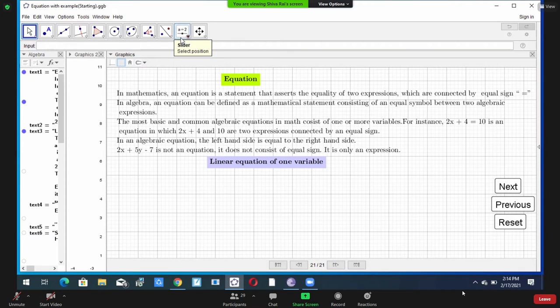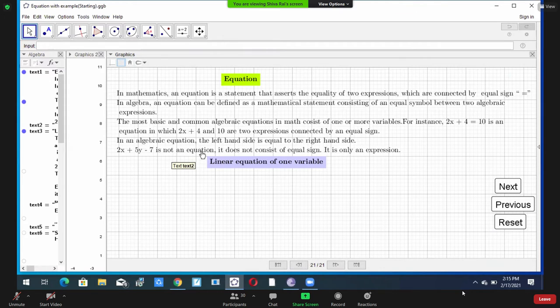Okay. Doesn't have equal sign. So many students, they confuse in expressions and equations. In expressions, you look, this is just one expression. You look, twice x plus 5 minus 7 is just expression. It is not equation. To be equation, two expressions should be connected by equal sign, but here no equal sign.